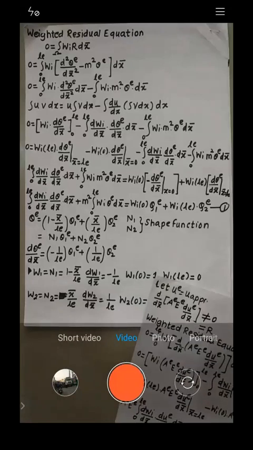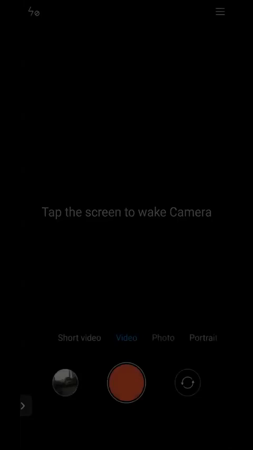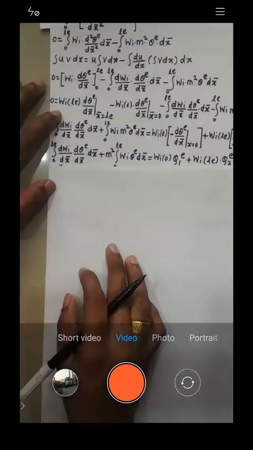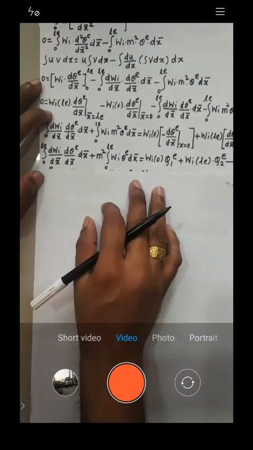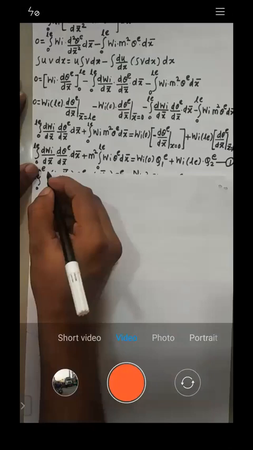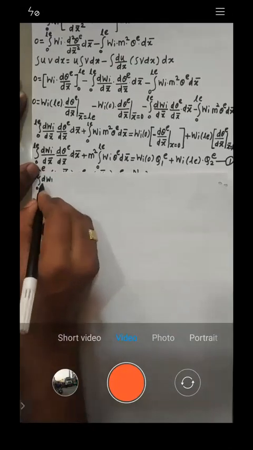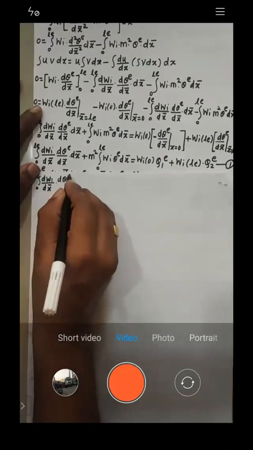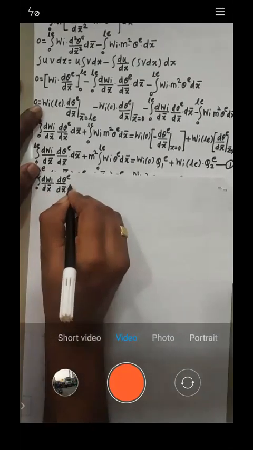Got it. Okay. Now what are we supposed to do? Why have we calculated these values? We need to put these values into equation 1. So I need to rewrite equation 1. I'll write the integral from 0 to LE of dW1 by dx bar into d theta E by dx bar into dx bar plus